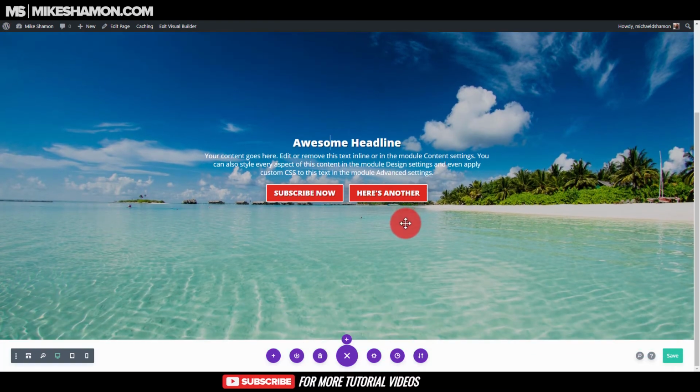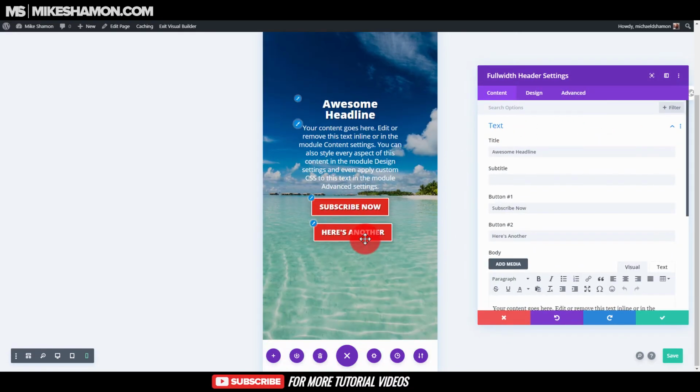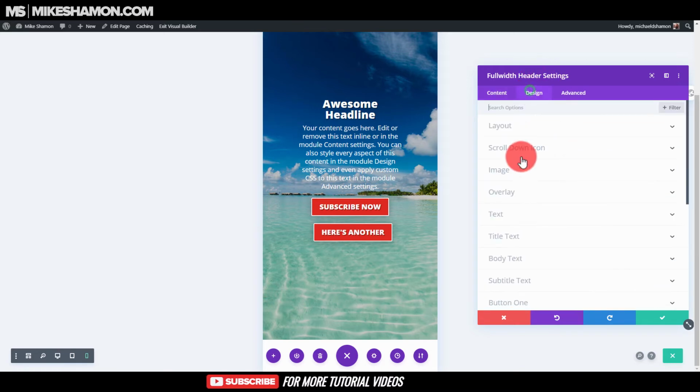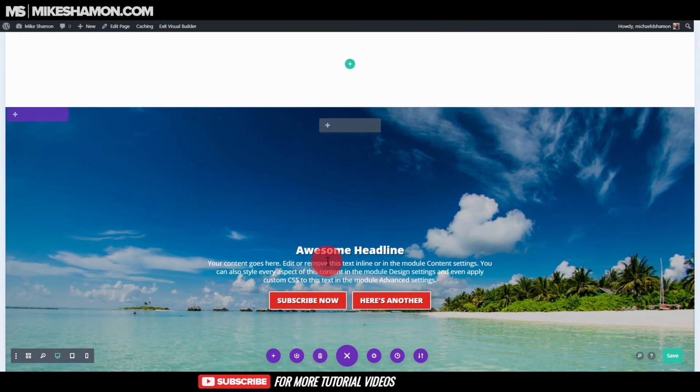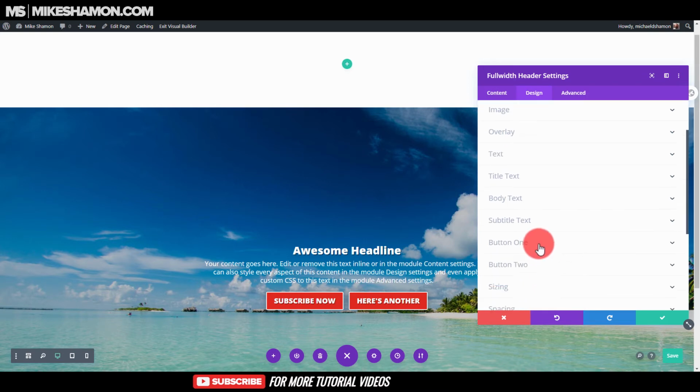Now if you go to mobile, you can just see what it looks like there. If you want to do anything for mobile, you can do that there. Just go to design, and if you see the buttons, I don't like those little icons there, so I'm just going to go back to the settings here and go design and button 1,